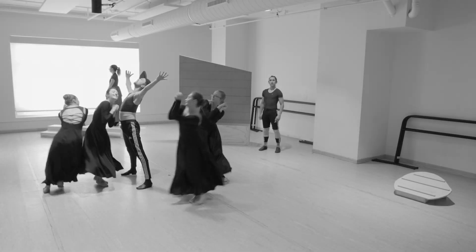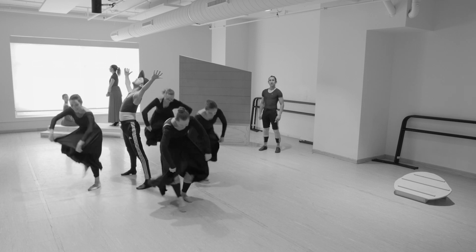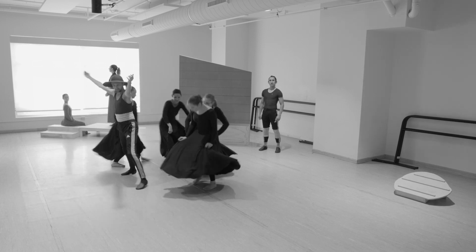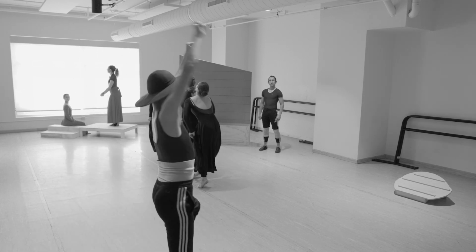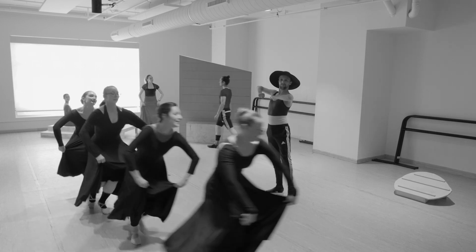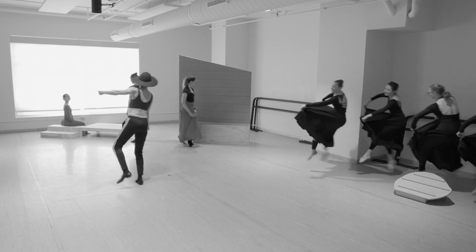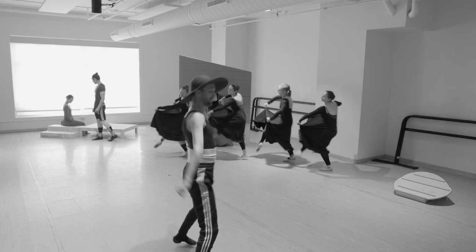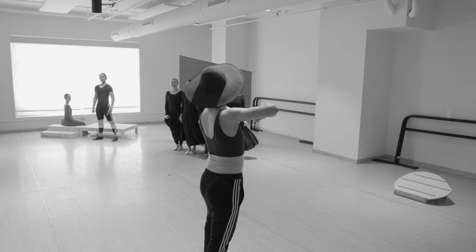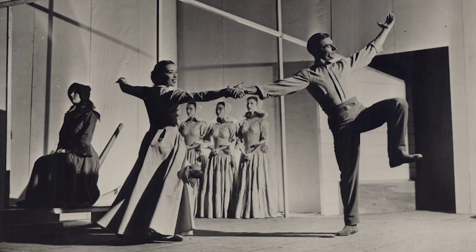Let me talk briefly about the set. So I mentioned a character. It's a wedding between a pioneer, a young bride, and a young groom. And the idea is that this will be their homestead land and that the groom has built the home for his bride. The way that the set is designed, famously constructed by Isamu Noguchi, Japanese-American sculptor, who collaborated on many